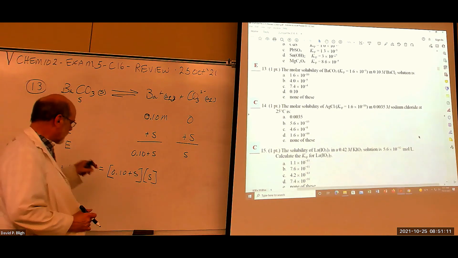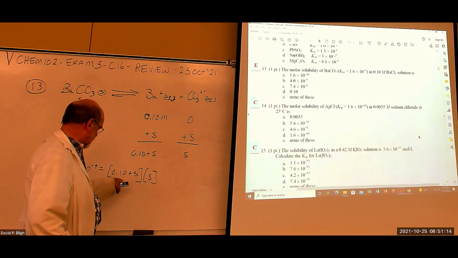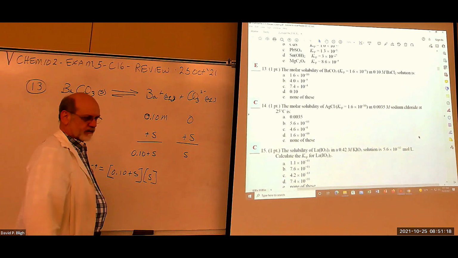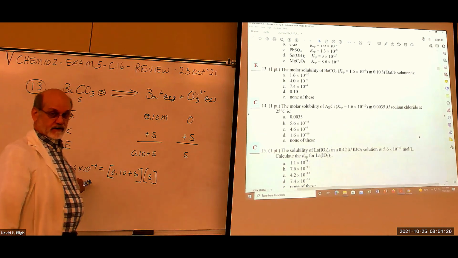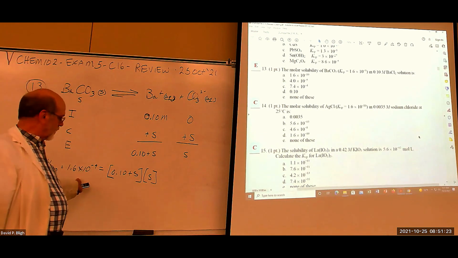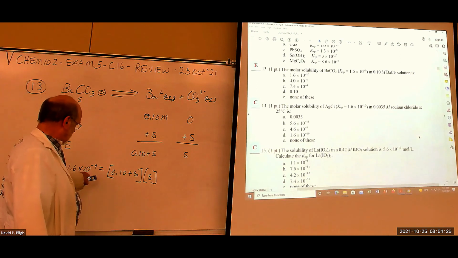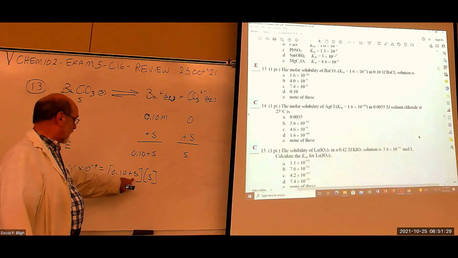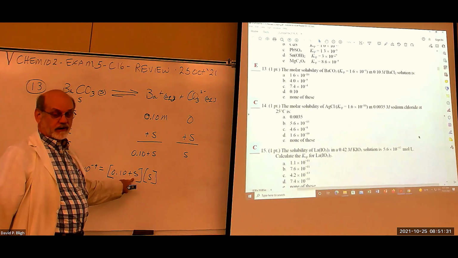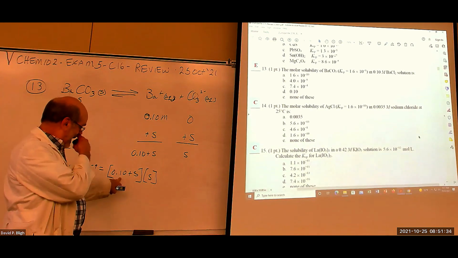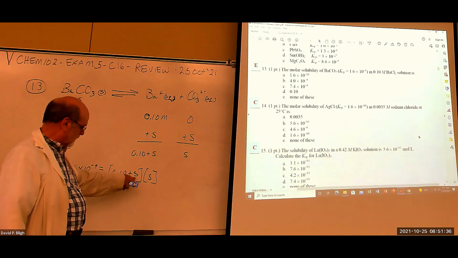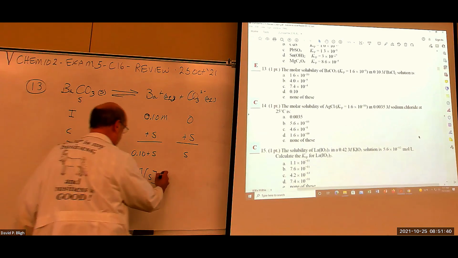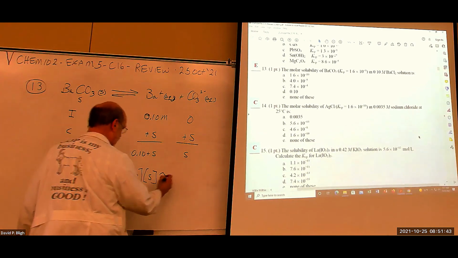So if we try to resolve this one, we're going to get an S squared and an S and a constant, which means we've got a quadratic. So you can either solve it as a quadratic, or you can say this amount is going to be very small. I mean, it's going to be very small even if it were pure water. But compared to this value, this is going to be vanishingly small. So we can say, I think very confidently, that we've got